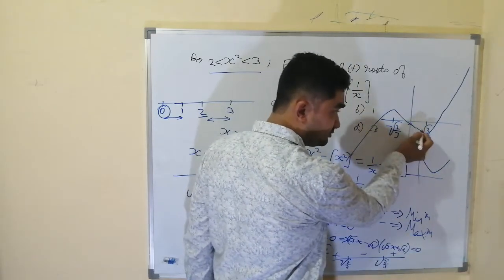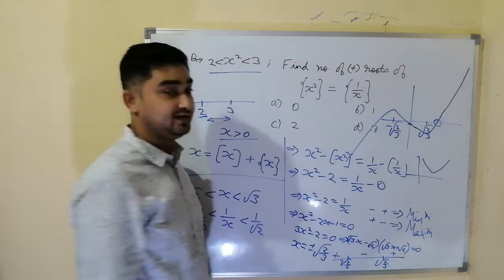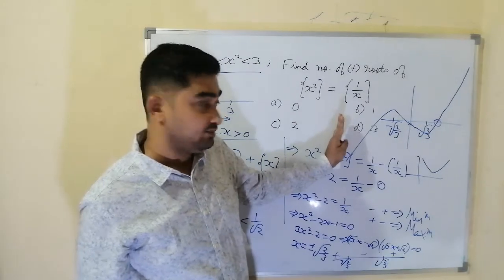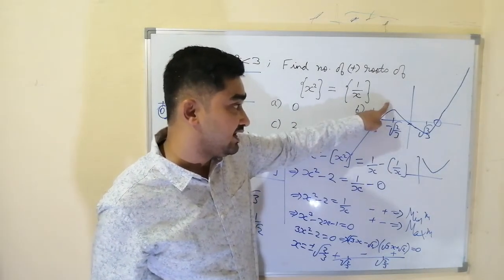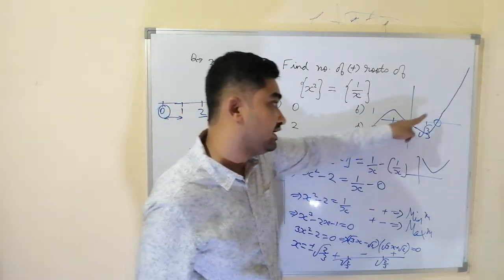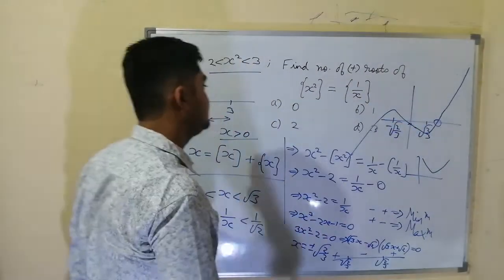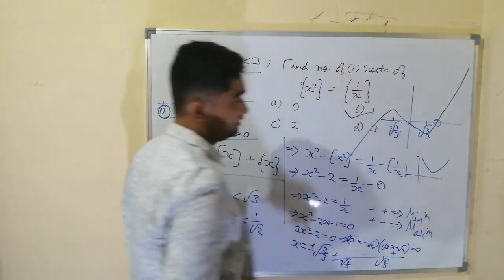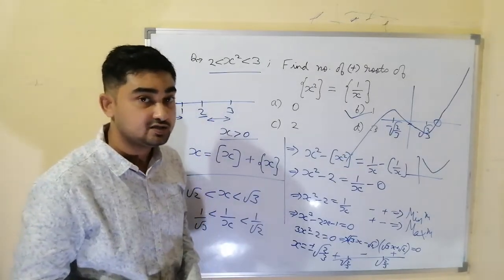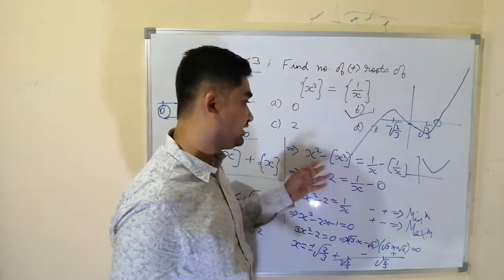It is negative. So that means only one place it is intersecting the positive side of the x-axis. Second intersection, if it happens, will happen on the negative side, because the second maxima is at negative x. And at 0 it is negative, which means at only one place it is intersecting the positive side of the x-axis. That means the number of positive roots is only 1. We only have to find the number of roots. There is no need to find the value of the root, the actual root. That is not needed. We only have to tell the number of roots of this equation, that is 1.